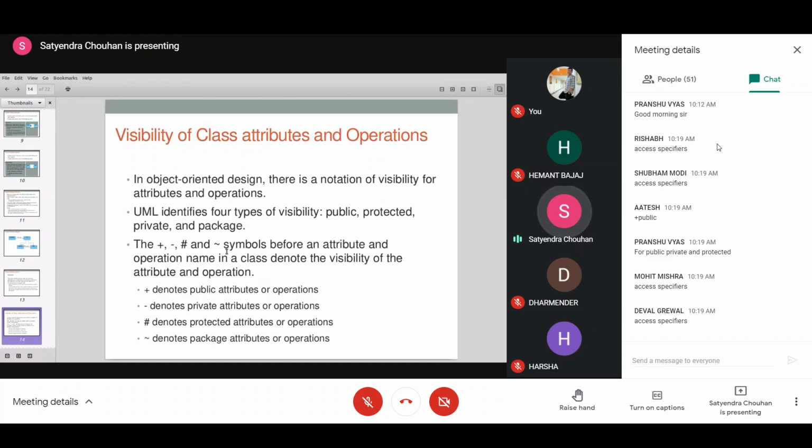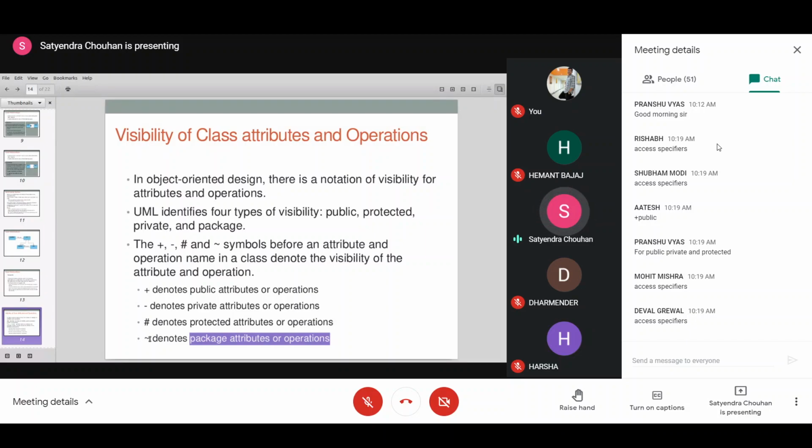As you have seen above, plus, minus and hash are used for visibility or the access specifier. There is another access specifier in Java called package or default, where we don't write anything, but in UML notation you write a tilde sign for that. So public, private, protected have plus, minus, and hash, and the tilde sign before an attribute means the visibility is inside the package only.